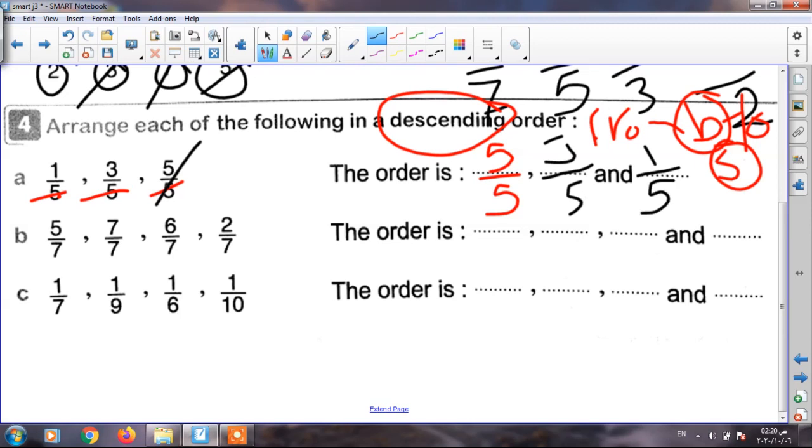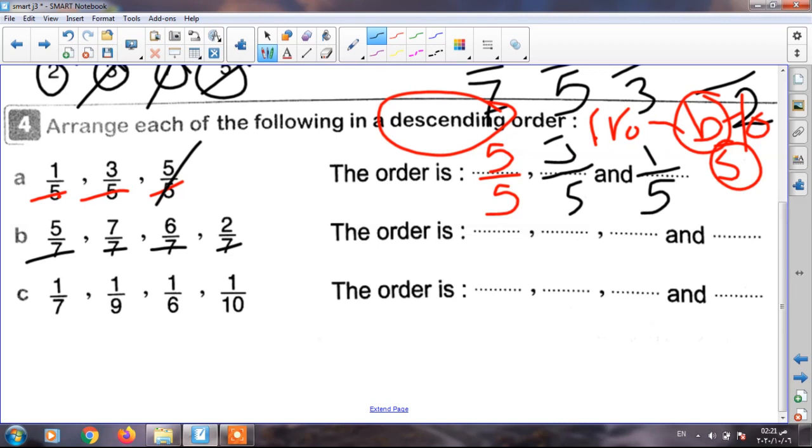The next one, I have 5 sevenths and 7 sevenths and 6 sevenths and 2 sevenths. Here what will I do? Yes, I want to arrange from the biggest to the smallest. I have the same denominator. It means I have, Junior 4,